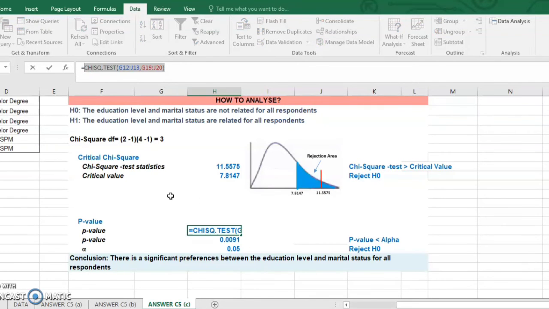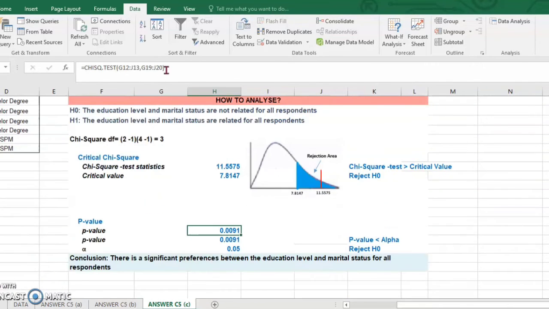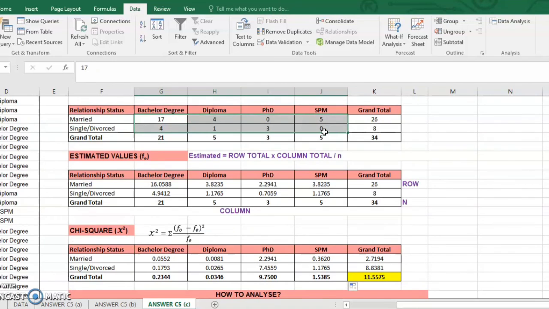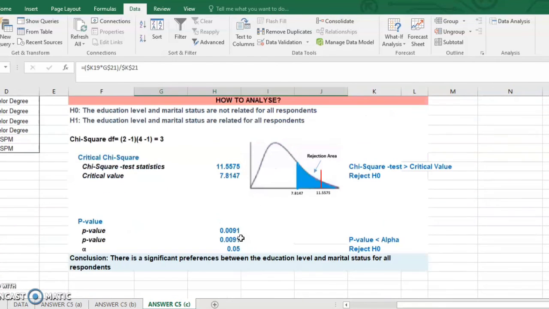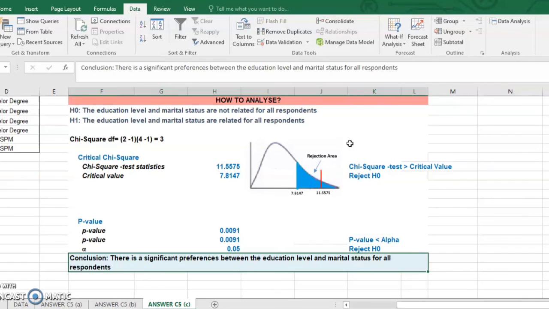As for the p-value, there are two ways to calculate it. First is equals CHISQ.TEST, range of observed data, range of estimated data, then enter. For the second way, equals CHIDIST, chi-square test value, then degree of freedom, then enter. Alpha is 0.05, so the p-value is smaller than alpha, reject the null hypothesis. In the conclusion, there is a significant preference between the